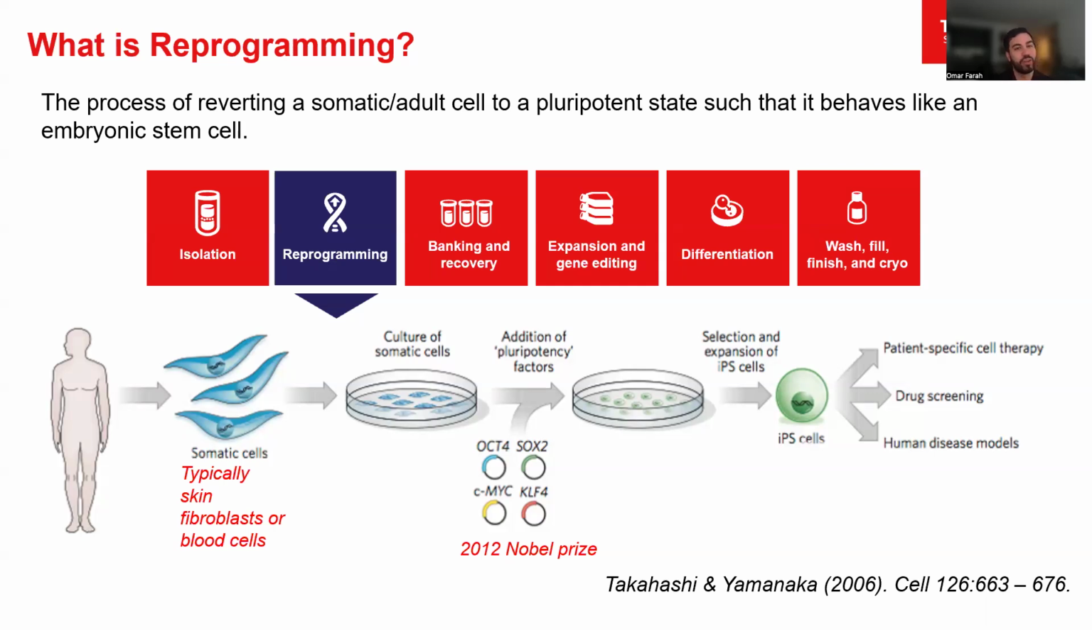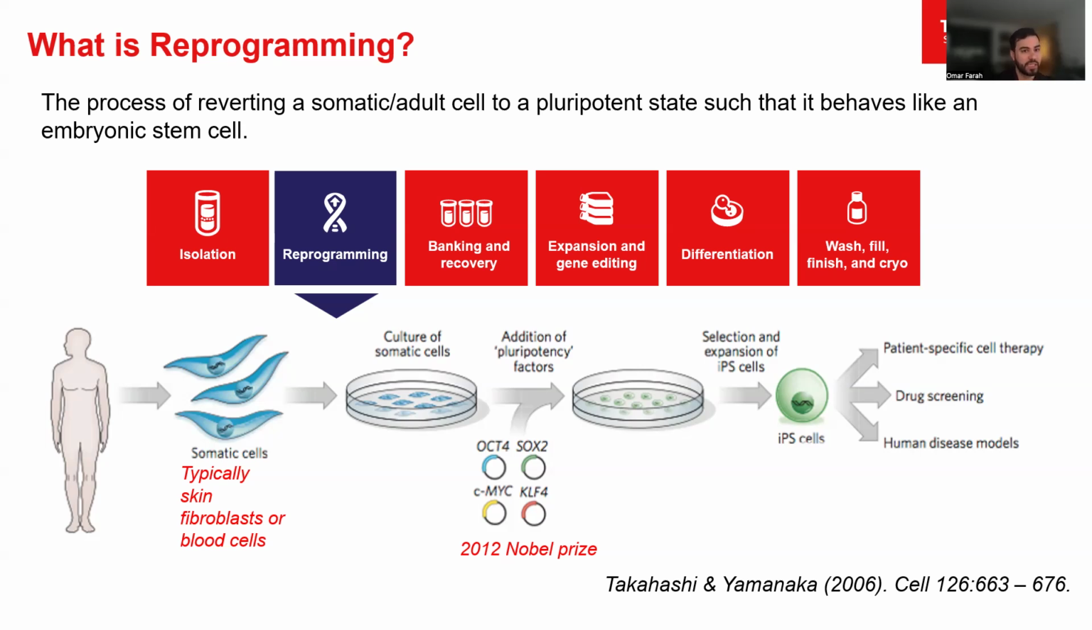But basically, reprogramming is a process of reverting a somatic cell or an adult cell into a pluripotent state so that it behaves more like the cells at the very early embryo stages, right? And these cells, like Tom discussed last time, these pluripotent cells should have similar qualities. And a lot of this work was actually pioneered by a Japanese researcher called Shinya Yamanaka. And Shinya, alongside some work here in Wisconsin by Jamie Thompson's group, together figured out that